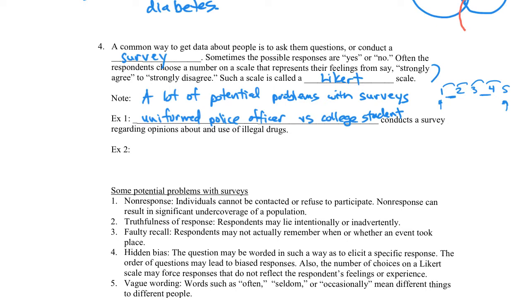And you can imagine that when they get back to the office, the police officer is going to say, well, it seems everybody's against the use of illicit drugs in this town. And the college student may have different data. So surveys,